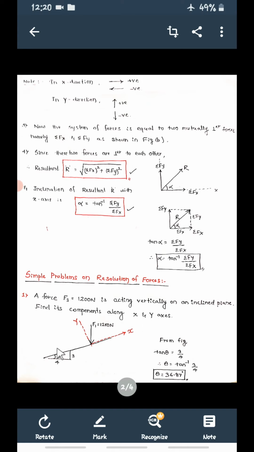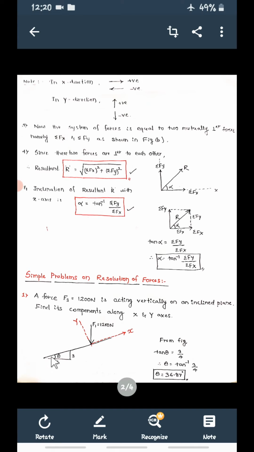Now see, this is the given x direction and this is the given y direction. So we have to find the component of this force along x, that is F1x, and F1y. A small triangle is given here and this angle is given as theta. So theta is given, and this is 3 unit and this is 4 unit. Now, when you want to resolve the force along x direction and along y direction, we require the angle.